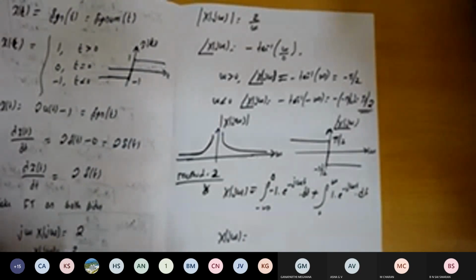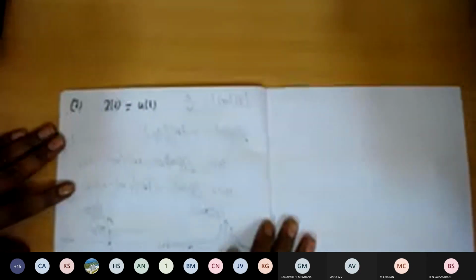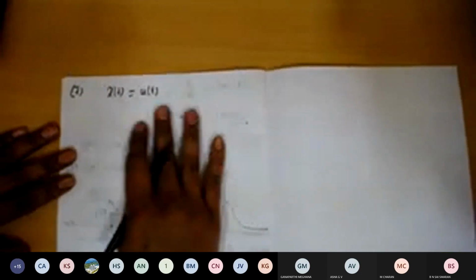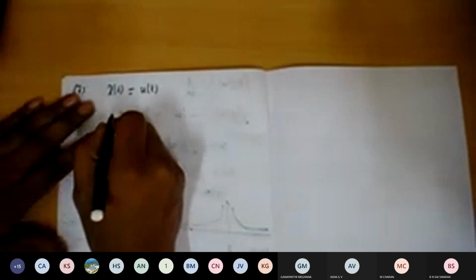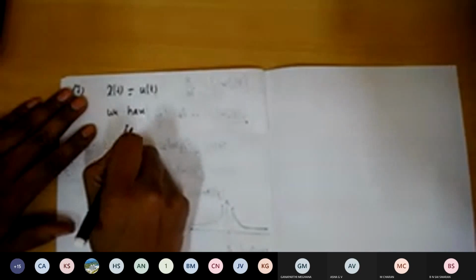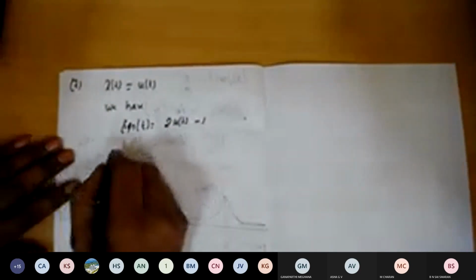Okay, so we'll take the next function. X of t is equal to u of t. In the previous problem, we expressed the signum function like this: the signum of t is equal to 2 times u of t minus 1. From this, I'm going to solve for u of t. So u of t,